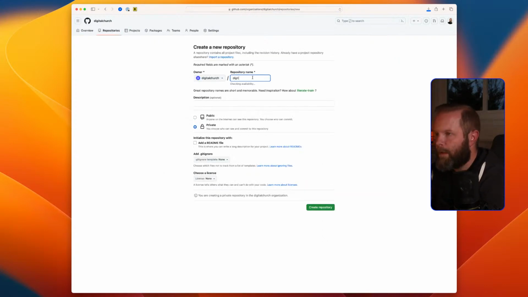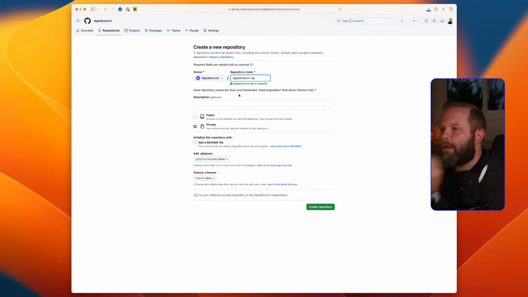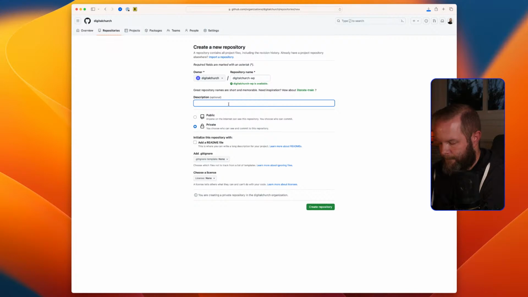And this one we'll call digital church-wp. Multi-tenancy. That's enough for now. This is going to be a private repo because I'm going to add premium plugins and